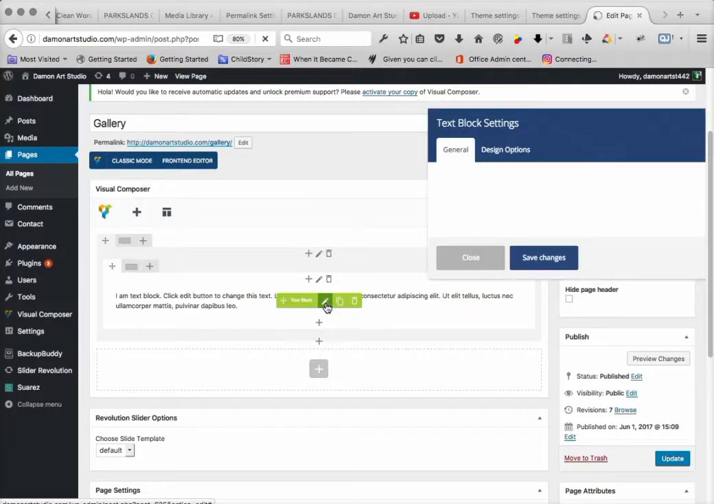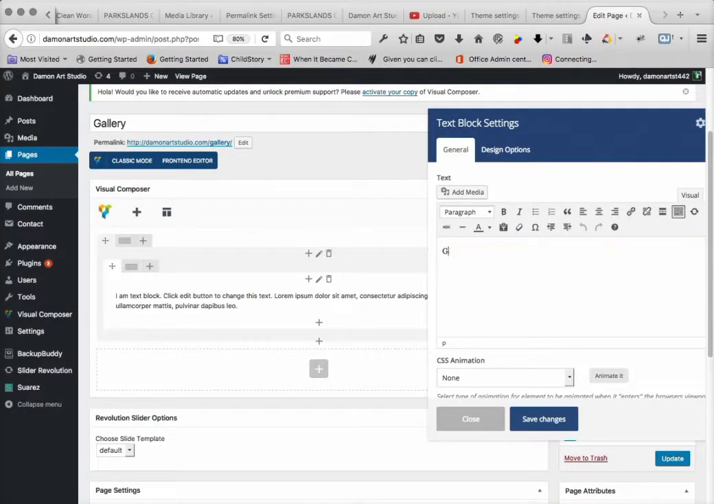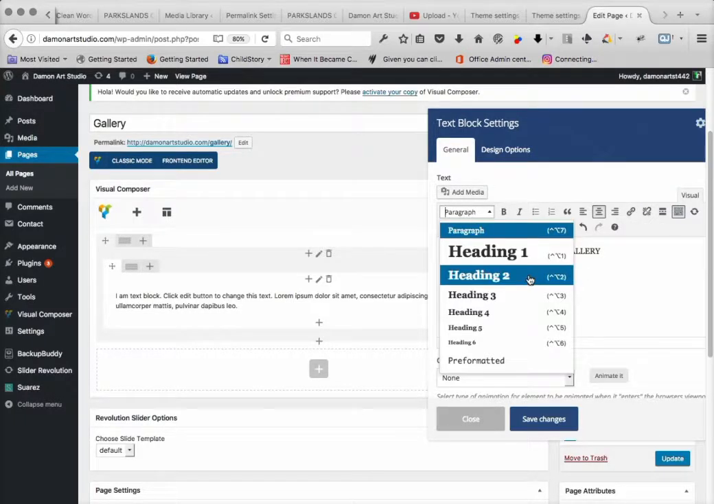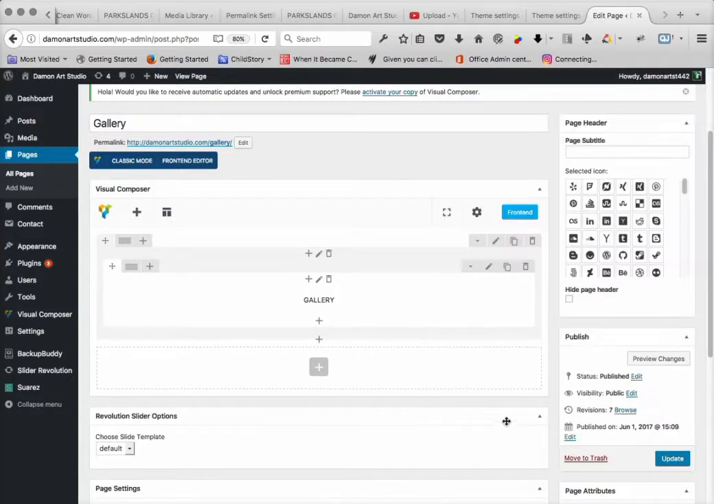And now I'll edit this text, and I'll call it gallery. Okay, and I'll center that text, and I'll make it paragraph 2 and press save changes. Now what I'm going to do is add